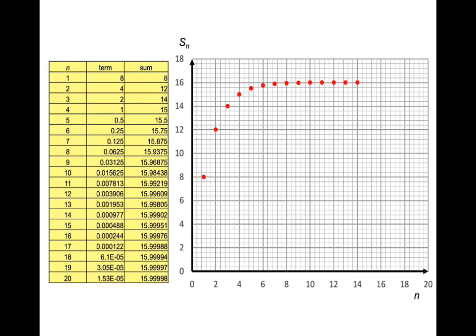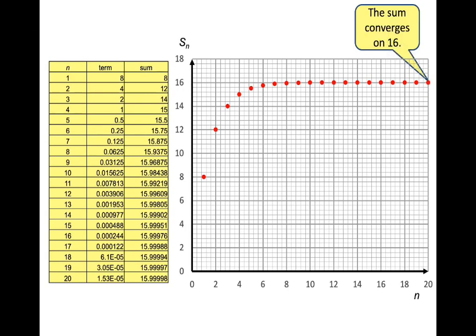So what the sum of the sequence is doing is approaching a number, in this case 16, which is the actual length of the total distance that the man had to walk to hit the wall. So what we are saying is that the sum, and we use this word, converges onto 16.